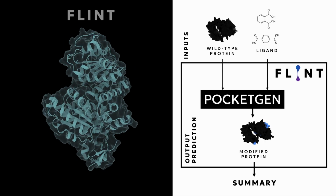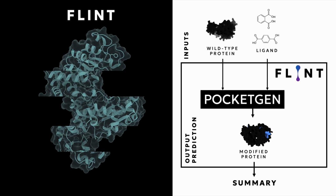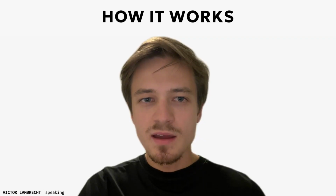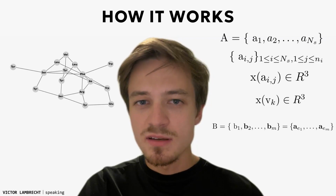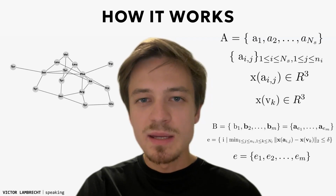Our work, Flint, an enhanced interface for PHAGEVO, simplifies the process. Run PHAGEVO with one terminal command, and it provides summaries of the generated mutants. How does PHAGEVO work? The binding pocket and ligand are represented as 3D point clouds, allowing PHAGEVO to better represent their interactions. PHAGEVO focuses on modifying the binding pocket, which directly interacts with the ligand, while keeping the rest of